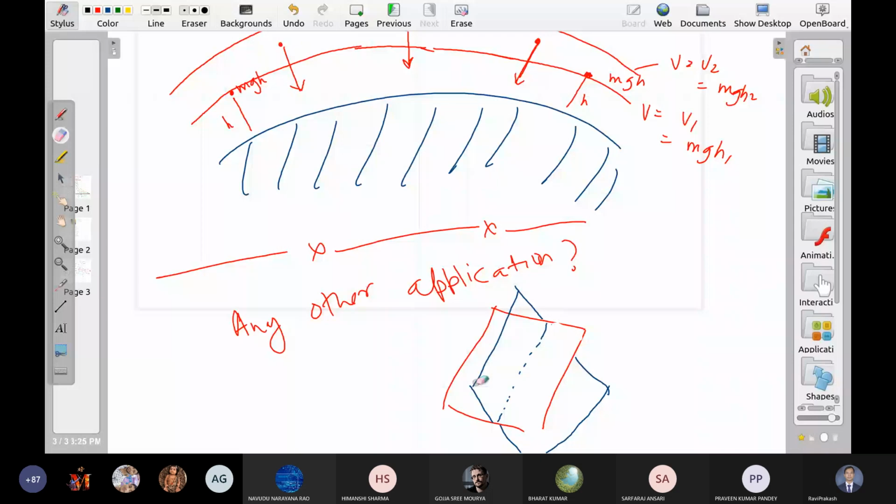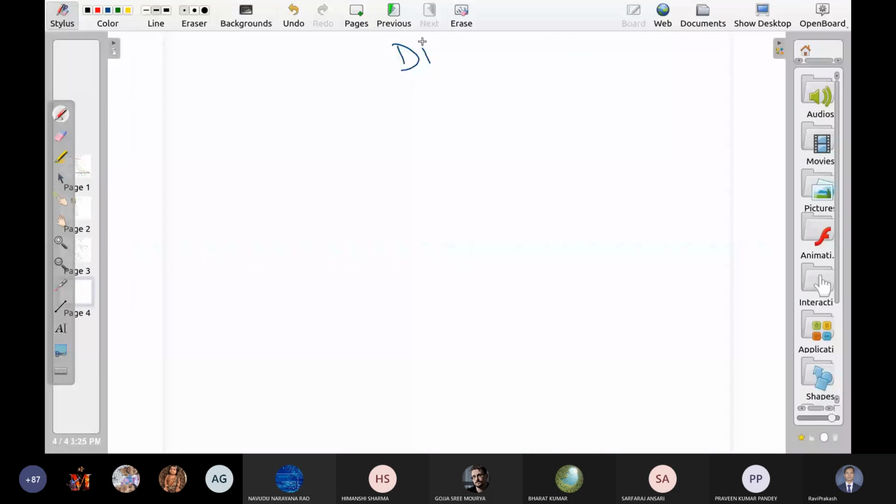Now let me discuss some benefits of divergence. And the name is also quite intuitive. It calculates the capability or the effect of a flow which is